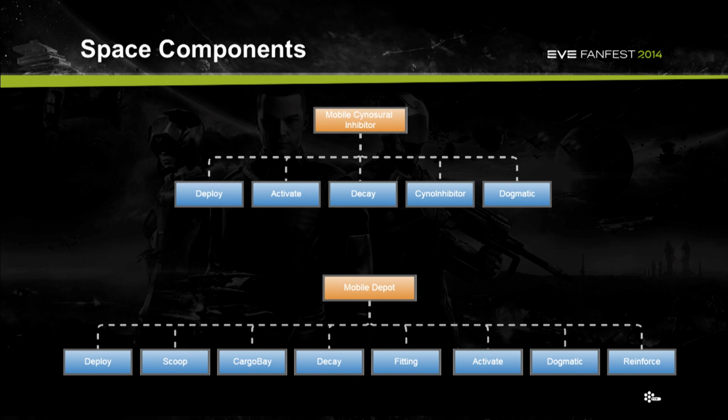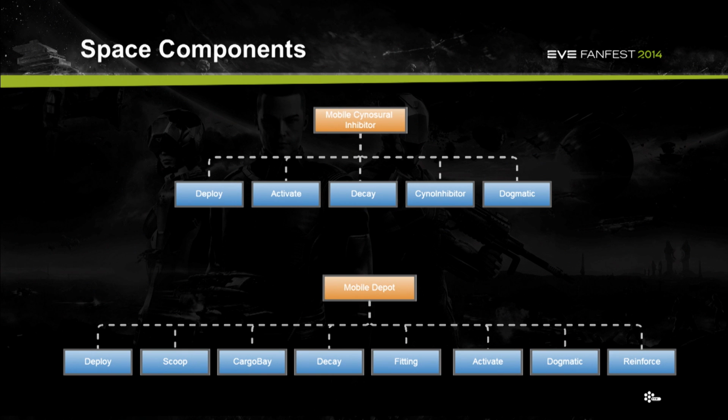And it has a deploy component, it has an activate component, it has a decay component. And these are pretty self-explanatory, except maybe the dogmatic one, which is a bit funny. So the deploy component basically defines the behavior of allowing you to launch this into space. So if it has this component, you can throw it out of your cargo into space, and it contains the parameters like the restrictions, where you can deploy it, how far from a gate, how far from each other, and that kind of stuff. The activate one defines the little activation cycle you get when you throw them out, the